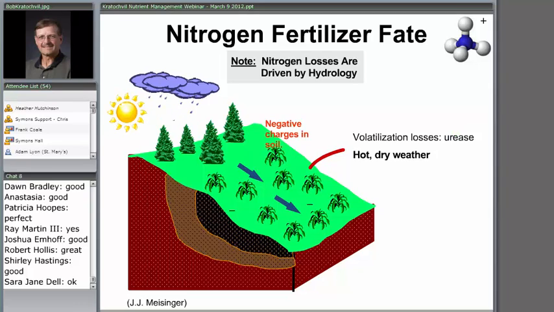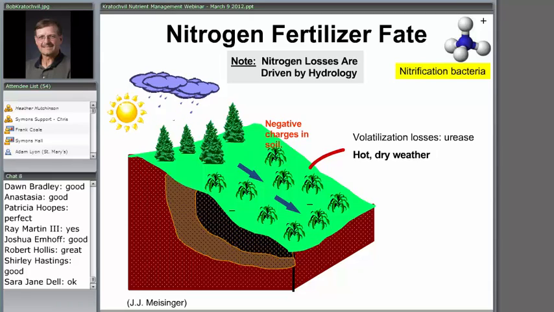Now, in the soil we have a lot of negative charges. Negative charges that are associated with the organic matter that's in the soil, and negative charges that are associated with the clay particles that we have in the soil. Negative charges are good. Remember that we've got this positive charge on ammonium. Well, if we get ammonium incorporated into the soil where these negative charges are, that ammonium is bound, and thus it's protected. However, this can be for a relatively short period of time, because once you get ammonium into the